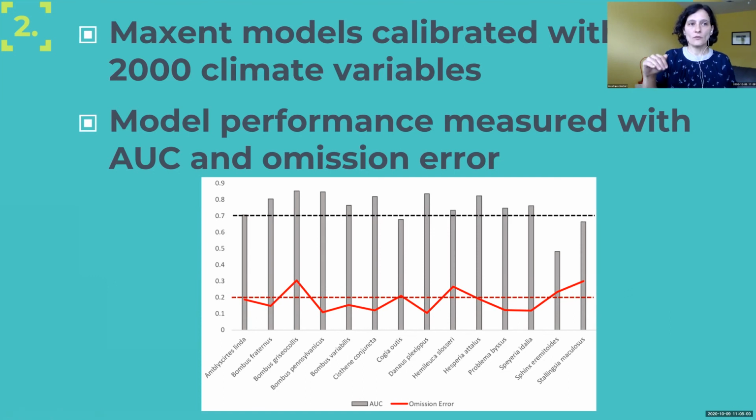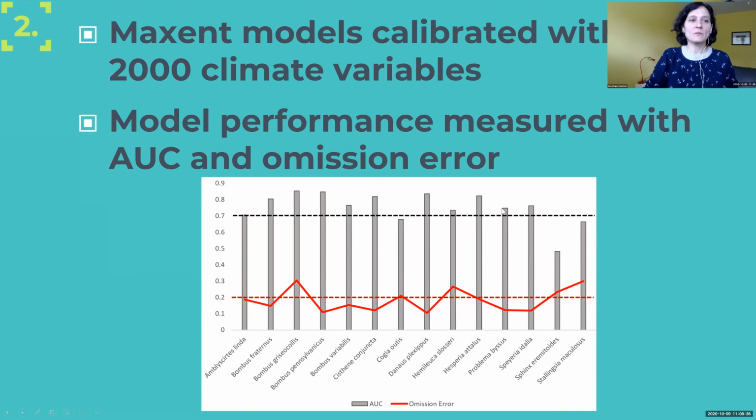So in red, you have one of the metrics called omission error. And you see that for several species, well, 3-4 species, the omission error was slightly higher than what we would like, which is 0.2, 20%. And then for the other metric, AUC, we see that the AUC metric actually was pretty good, so higher than our limit of 0.7, which in this case is a minimum limit of 0.7.